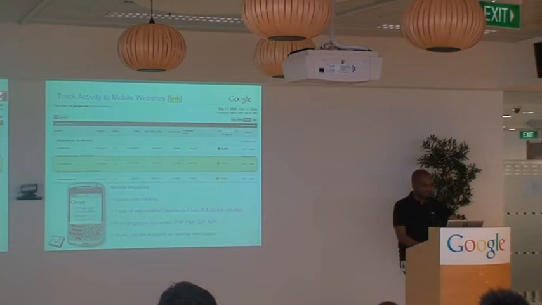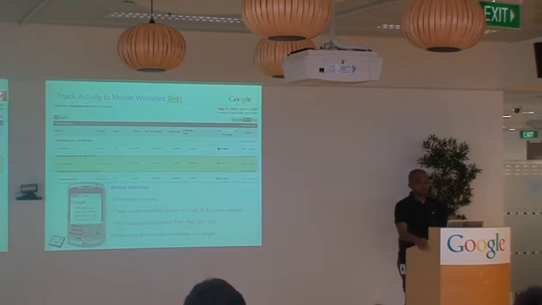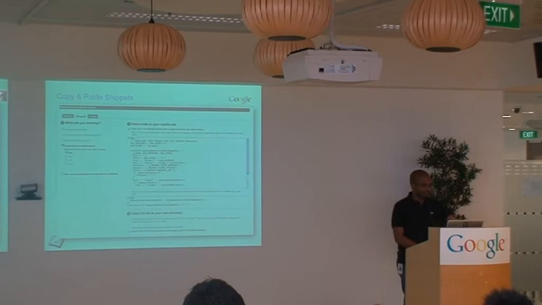So how it works is that right now we provide you with 4 snippets which you can get through your analytics setup screen interface. Sorry, 4 libraries of snippets. So if you're running a mobile web server with PHP, Perl, JSP, or ASP, we give you some standard libraries. You just copy and paste that code into your server rendering pages. So let me just skip across here. So this is where you would find it. So you can select, right, I'm building a site for a mobile phone.